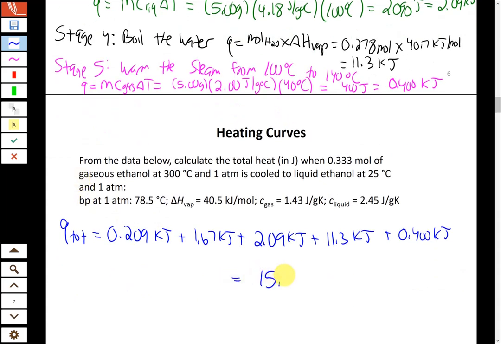And so that comes out to 15.7 kilojoules. So that's the total amount of heat needed to take this 5-gram chunk of ice, warm it all the way up, boil the water, and then warm up the steam up to 140. So that's how much heat